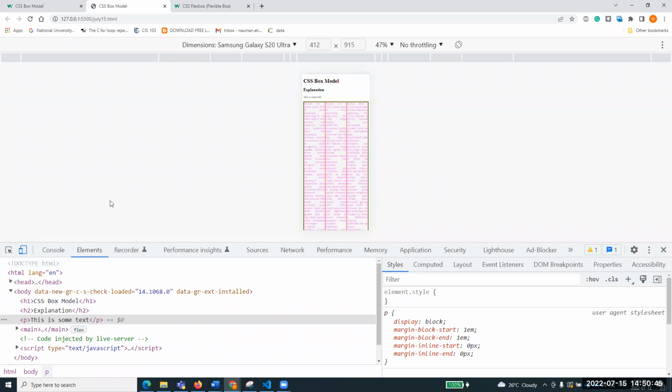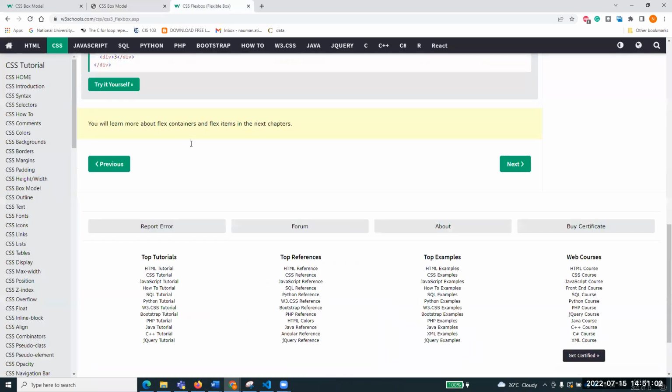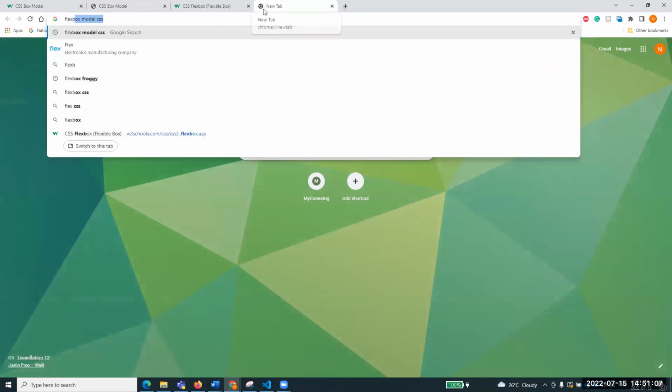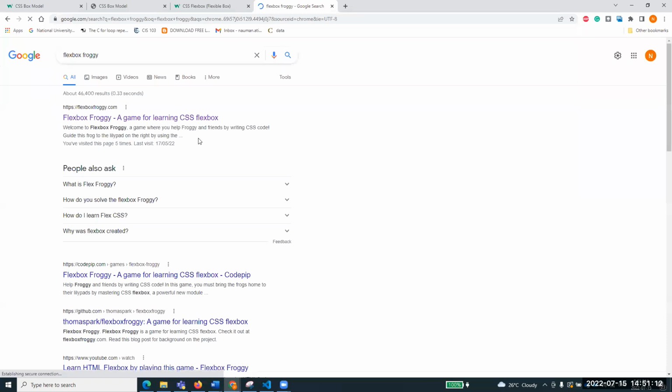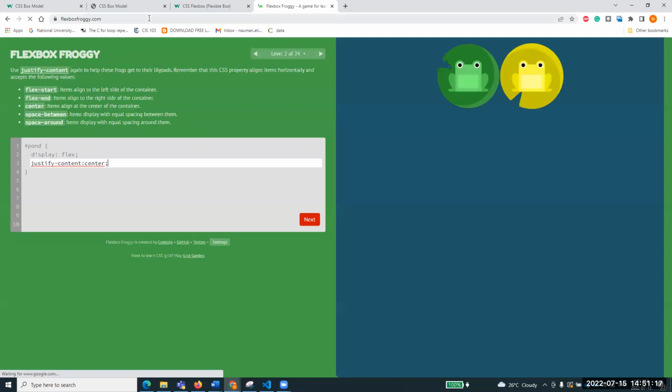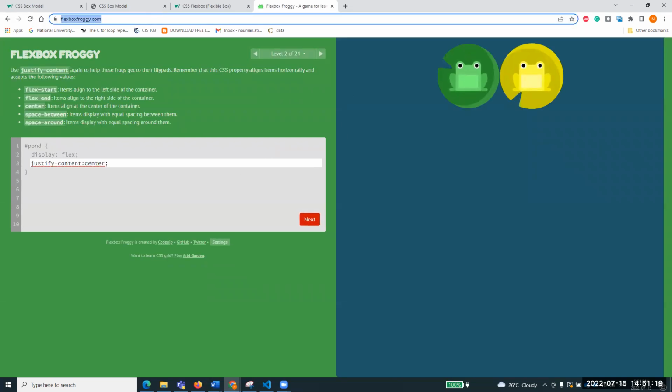So this is typically what we are talking about, that this is our box model that we have. Right? So Flexbox model is a very interesting one. And if you really want to learn Flexbox model, I'll give you a very interesting game, Flexbox Froggy. I'll give you a 5 minute break, and I would like you guys to just play this game. If you go to this URL, flexboxfroggy.com,